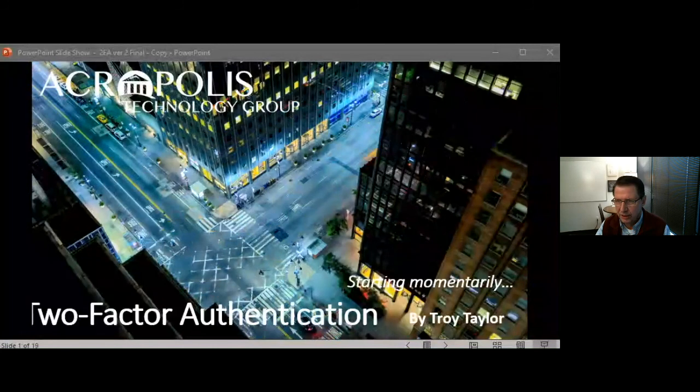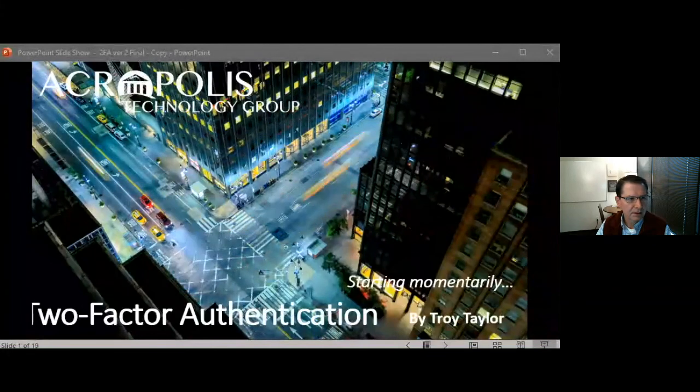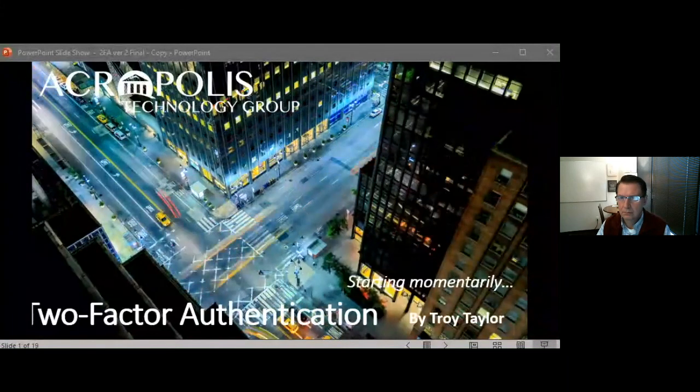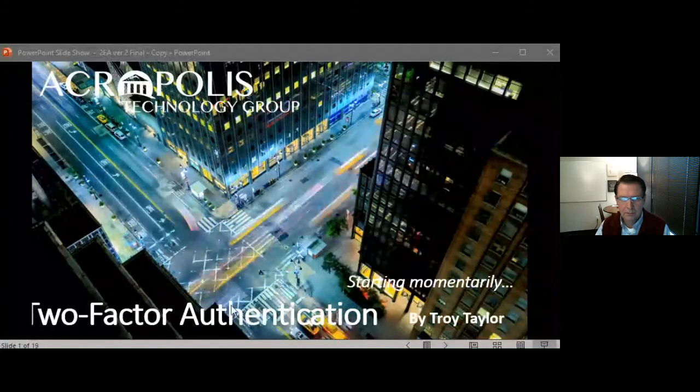Some two-factor authentication. So let me get, looks like I've got a dialog box I need to get organized here. All right, great. So again,